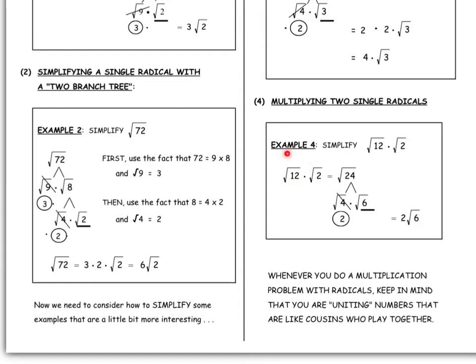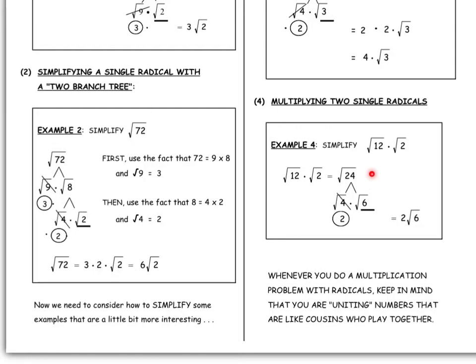Once the rad 12 and the rad 2 are rad 24, I now have an opportunity to split them in a better way than they were theoretically split before, with the rad 4 in front and the rad 6 afterwards. And therefore 2 rad 6 is the final answer for this multiplication example. For those of you who like to fish or do other shortcuts, please continue to do so. However, for those of you who want to keep it simple and follow the same rules all the time so that you don't have to be confused or annoyed,